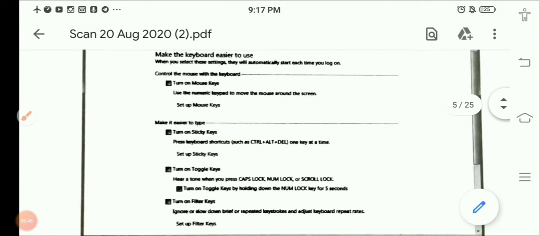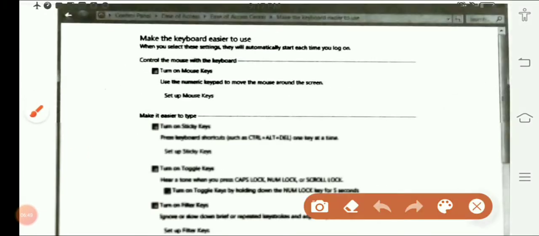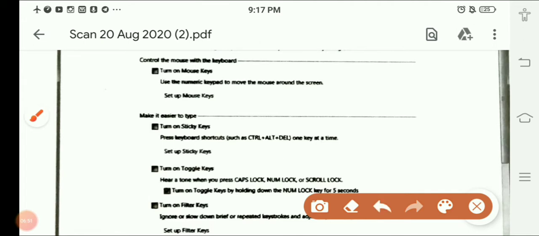As I apply and OK, what sticky keys will do is that now if I turn on sticky keys, Control Alt and Delete, okay, as soon as I press any key, the computer will wait for the next key. For example, the shortcut key of copy is Control plus C. If I am a normal person, I will press both the keys simultaneously, then the computer will understand Control plus C means copy. But if any person is having a problem, he is not having one hand, so for that person it is difficult to use the computer. So for sticky keys, what do we have to do?